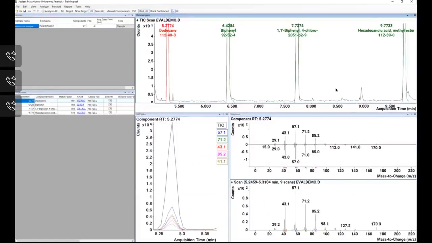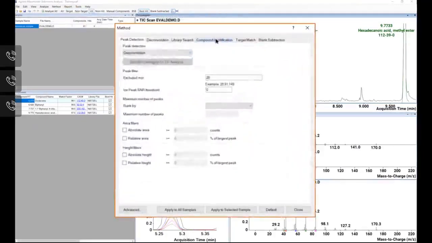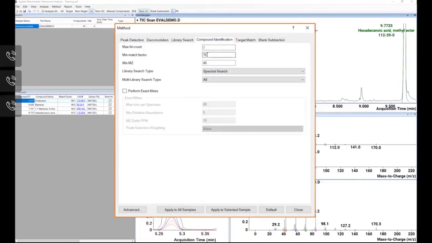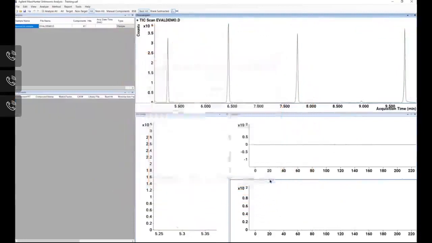And the answer is because we did not have a low enough library match score to be able to pull these up. If we would like to, we can go to Method, go to Edit, and go to the Components tab, and where it says 70, let's put in 50, and let's apply it to the selected sample. Let's close. Now notice our components went away, our spectra went away, my integration parameter numbers went away, but notice